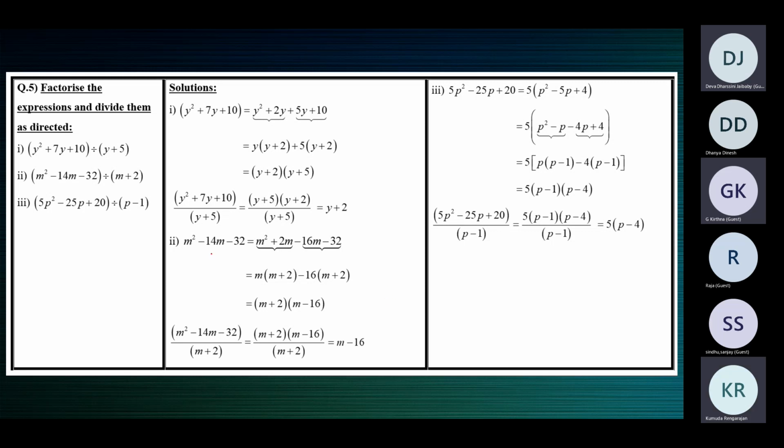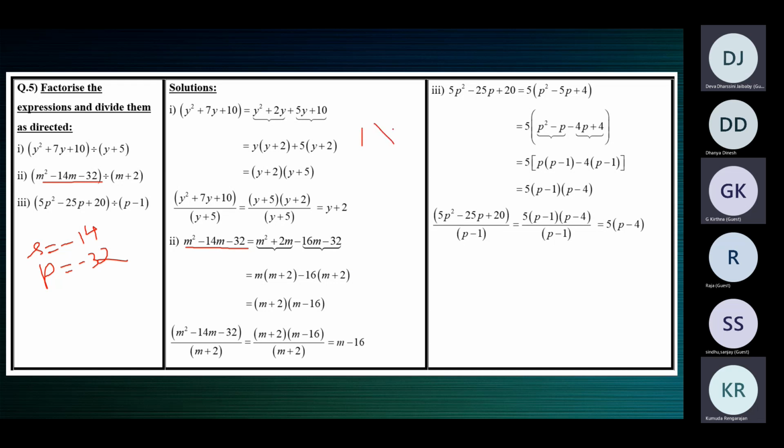All right, the second one also. The numerator can be factorized by splitting the middle term. So take up only the numerator. The sum is minus 14. The product is minus 32. You know the procedure, children. So take up the product. You should try the different ways. The different pairs can be